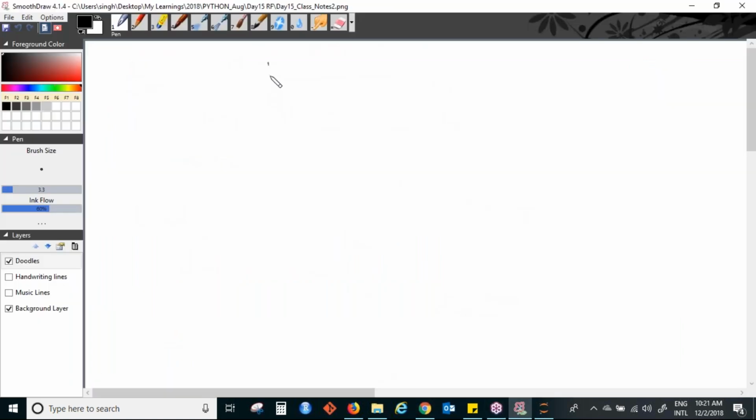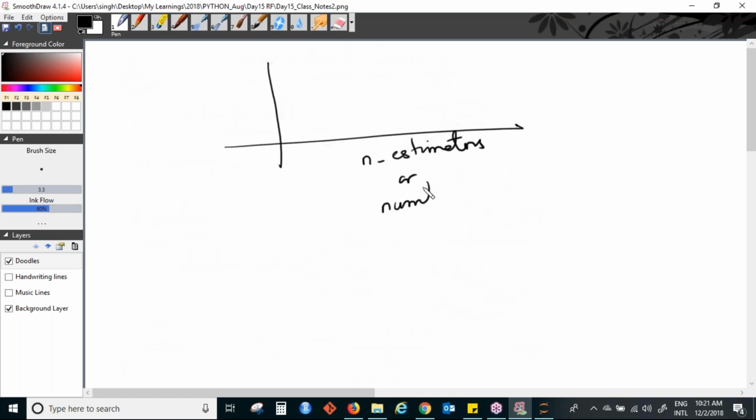So if I have to draw the value of n_estimators, or number of trees, and let's say this is your accuracy, it looks like this. Initially if your number of trees is very few, your accuracy will be less, and then it will increase, and after some point it will stabilize.